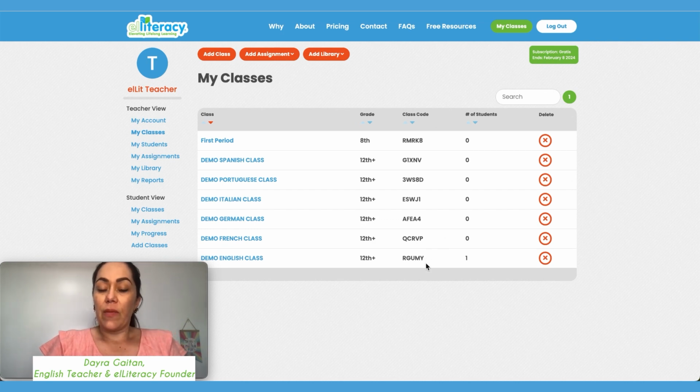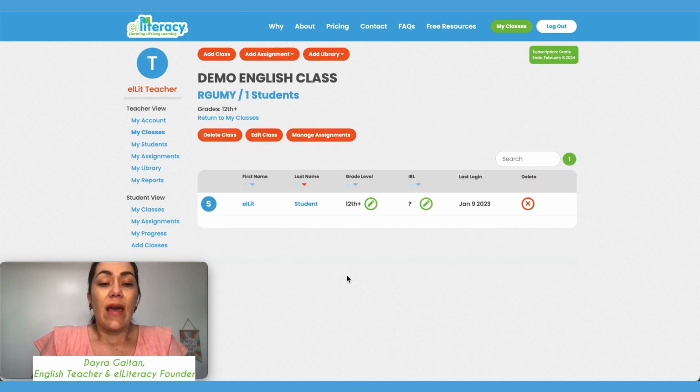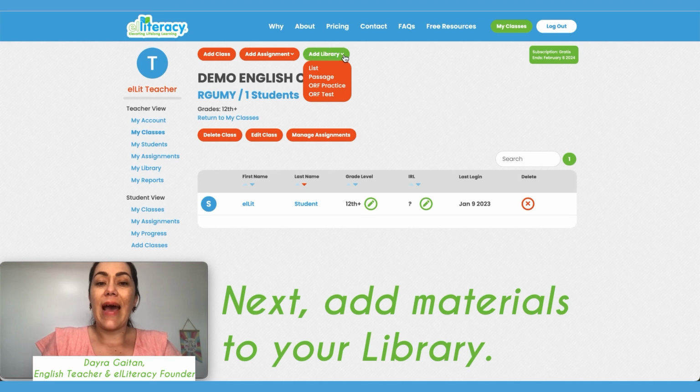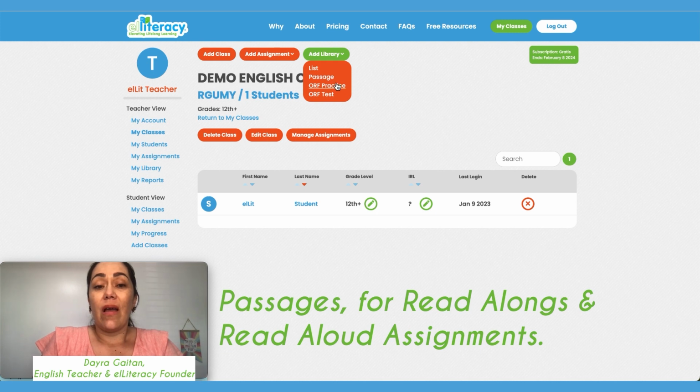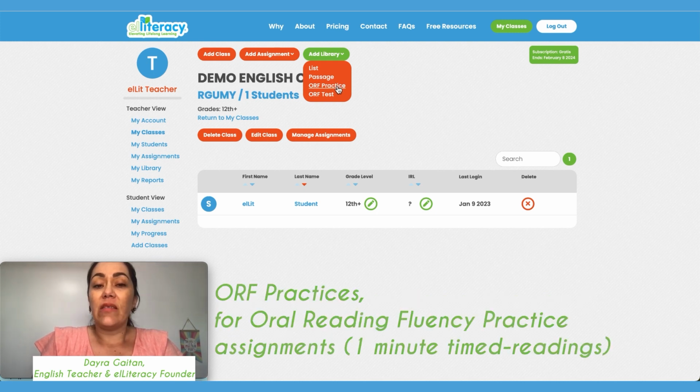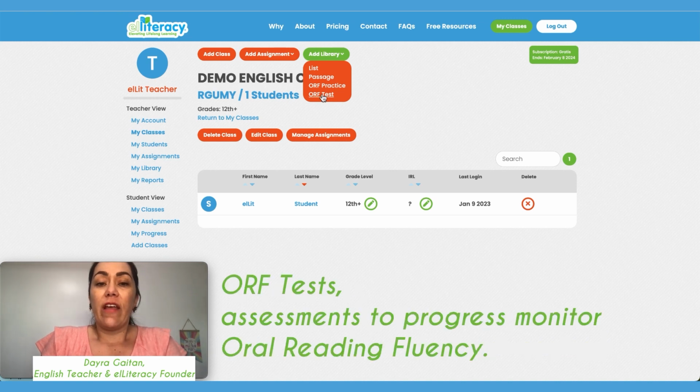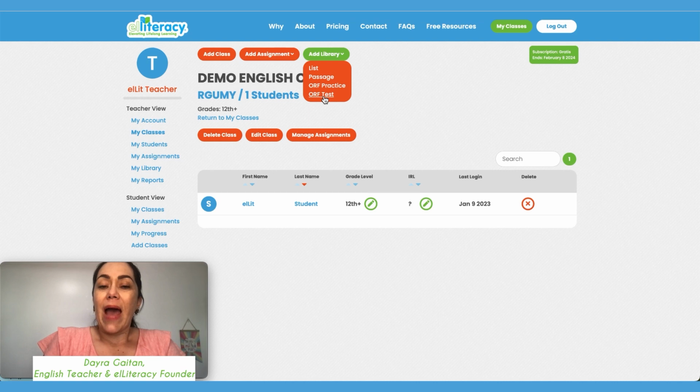So for the purpose of this demo, we're gonna use this demo English class where I already have one student signed in. And the next thing you need to do is add items to your library. We have 4 different types of items. One is lists, the other one is passages, the other one is ORF practices, which is pretty much the same as passages, and ORF tests or assessments that are also in the form of a passage, but they serve a